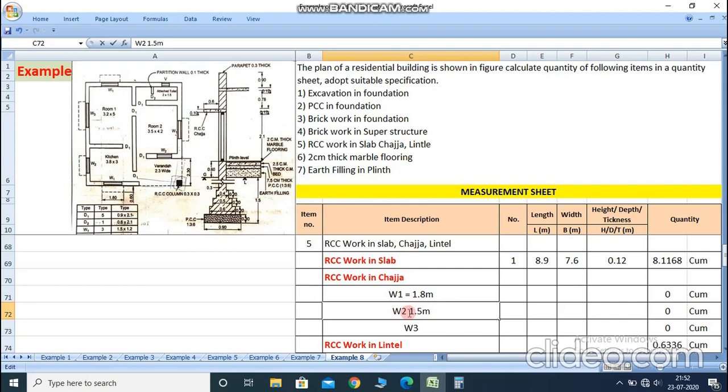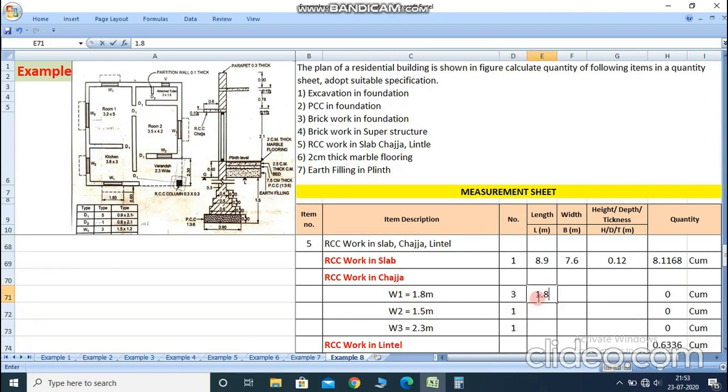So this thing is already calculated in the above portion and is equal to 2.3 meter length. Here the total number of W1 windows is 3, W2 window is 1 and W3 type of window is 1. Sorry, here W2 type, there are 2 windows, but in the veranda portion no chhajja is required. So here we put only a single window. So right here 1. Clear?